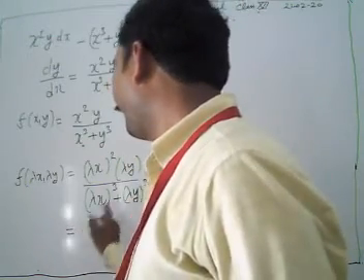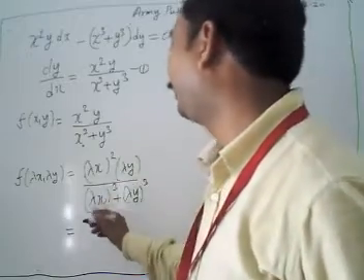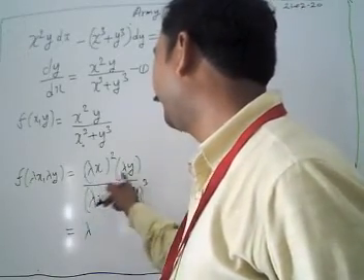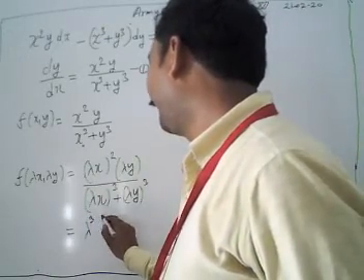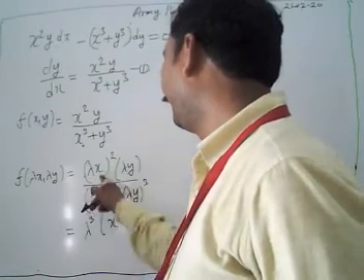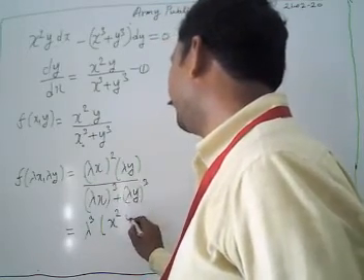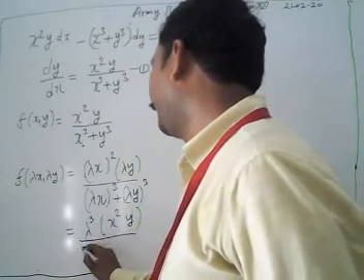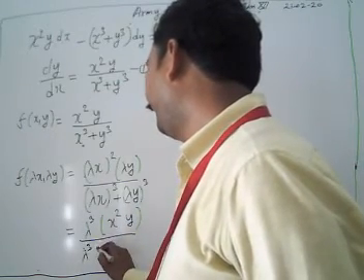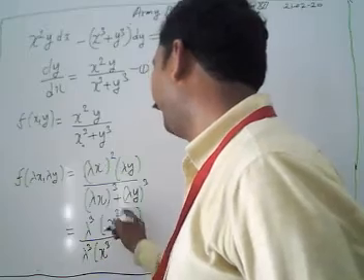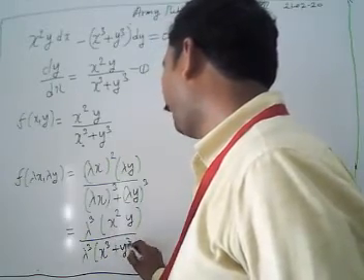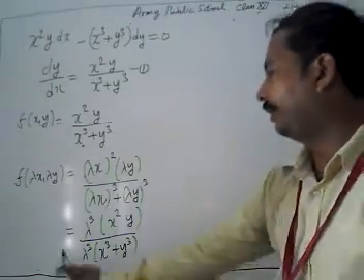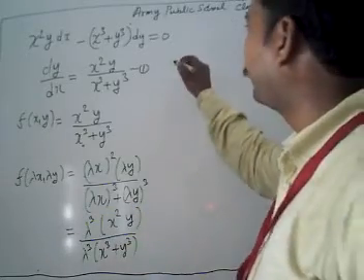Now after taking lambda common there, from the numerator we have lambda square into lambda cube, and here we have x square, and here this is our y. In the denominator we take lambda cube common, then we have x cube here and we have y cube. Now look at our f of lambda x, lambda y.